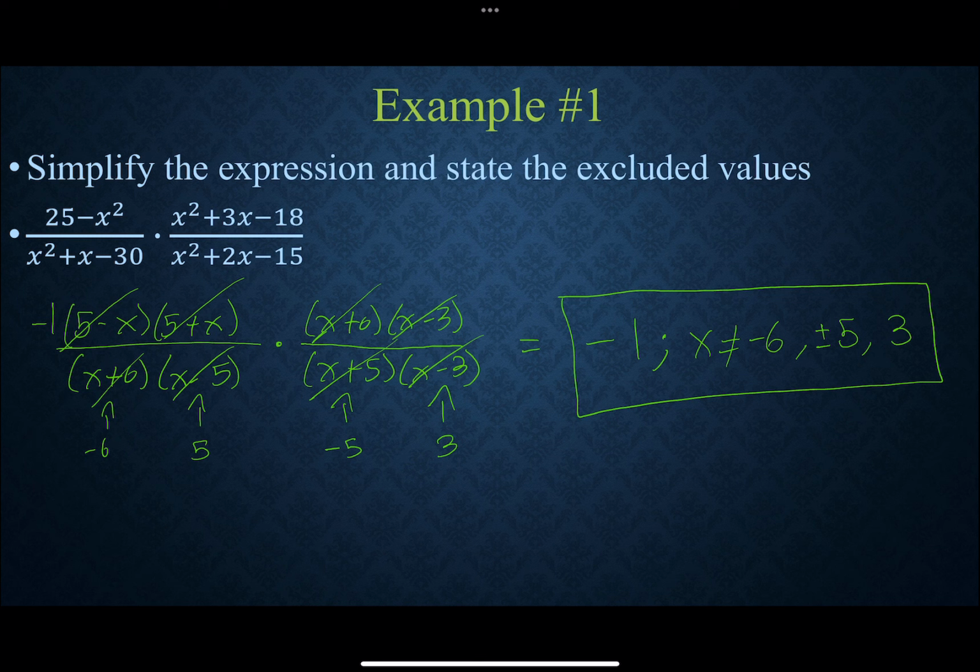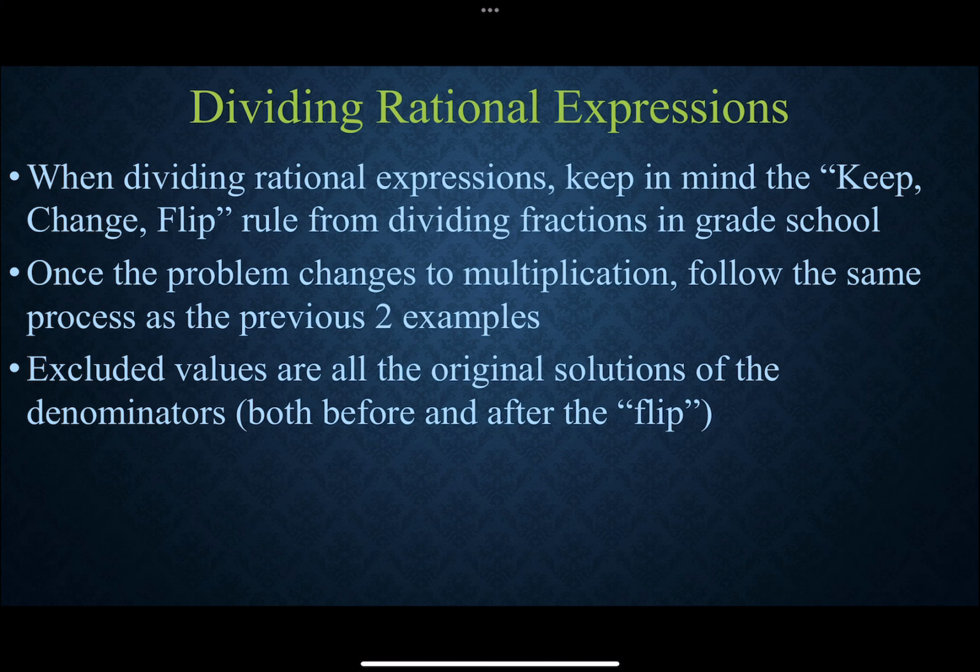All right, so you really have four different quadratic factorings in one problem, and you're just multiplying and canceling. Same thing can happen with dividing. We just have to remember our basic grade school rule of keep, change, and flip. When we divide two fractions, we multiply by the reciprocal. Once we do that, it's the exact same problem as the previous thing we just talked about, which is the